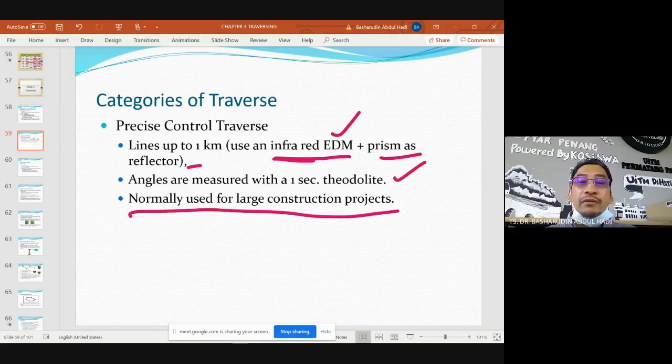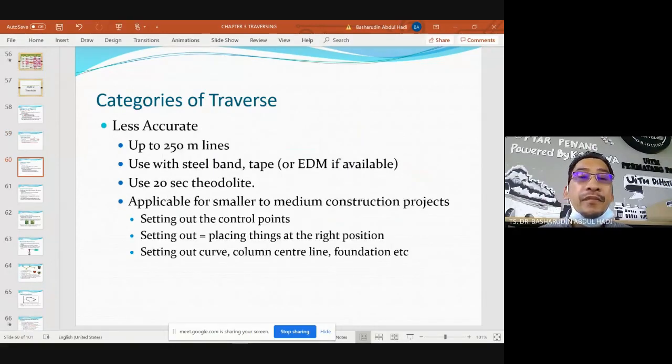Normally it is used for large construction projects. For example, when you want to build a bungalow, there is no need for high precision; just use a normal theodolite. So we have a category of traverse that is less accurate, up to 250 mile lines, used with a steel band tape. You still remember that we were practicing; we had the practical sessions at